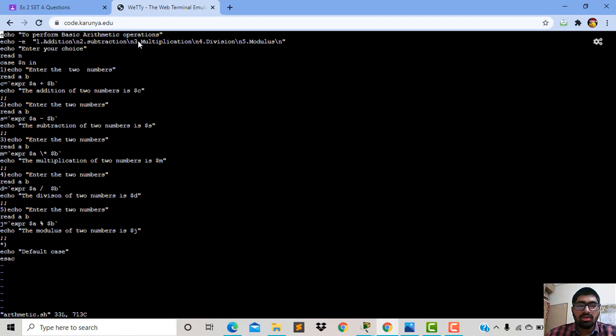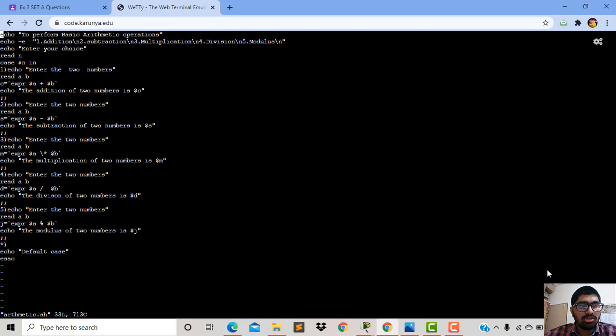First the program will ask for the choice of the user. The user wants to perform addition, subtraction, multiplication, division, or modulus, according to the switch case. It will ask, enter your choice, whether you want to add, subtract, multiply, divide, or take the modulus.